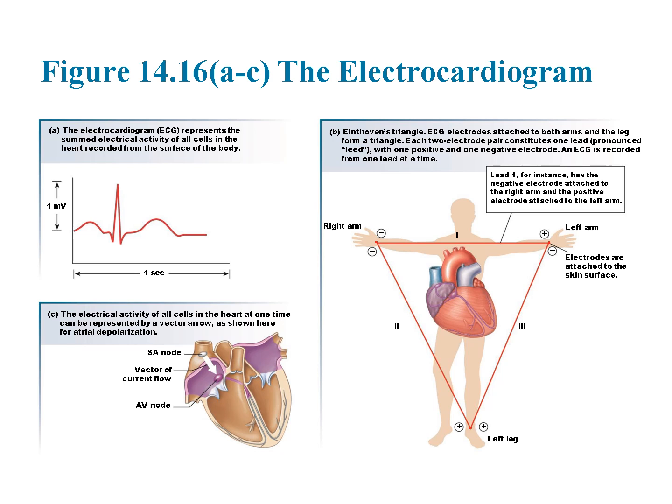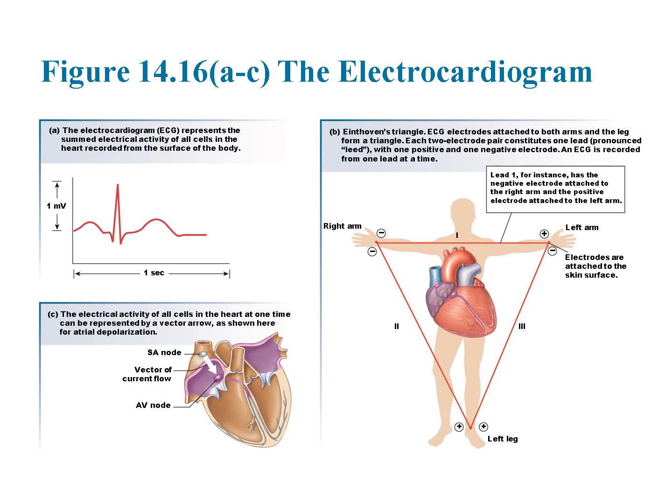The middle diagram illustrates Einthoven's triangle, a system used to measure ECG recordings. Electrodes are placed on both arms and one leg, forming a triangular arrangement. Each pair of electrodes creates a different electrical lead, with one serving as the positive electrode and the other as the negative electrode. By recording electrical activity from different leads, clinicians can analyze the direction and strength of the